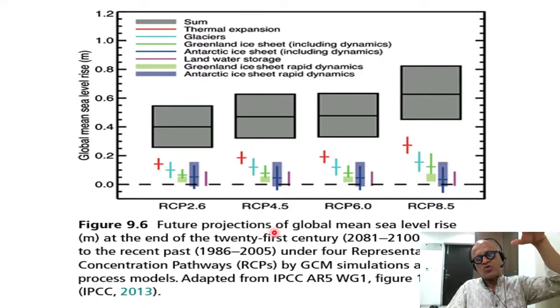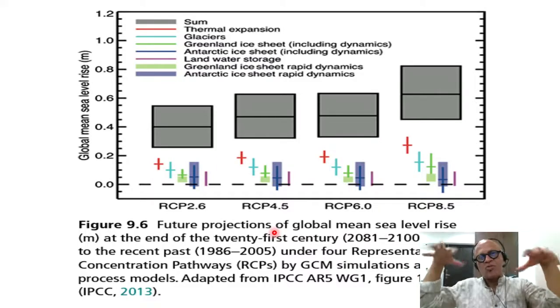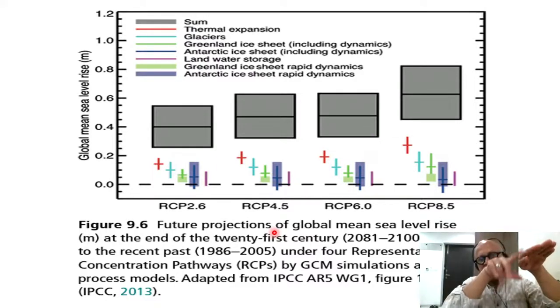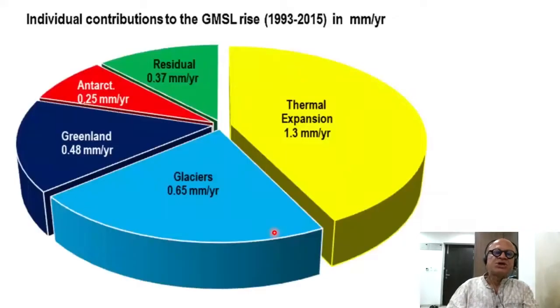When the glacier grows, the continent is pushed down. When the glacier melts, the continent rises. So the meltwater is distributed globally, called eustatic rise, whereas the continental change causes relative sea level change locally, which is called isostatic change. Anyways, individual contribution to global mean sea level rise over 1993 to 2015 in millimeter per year